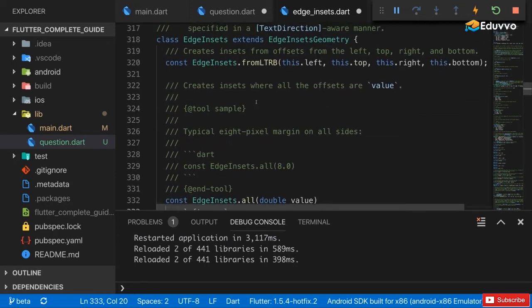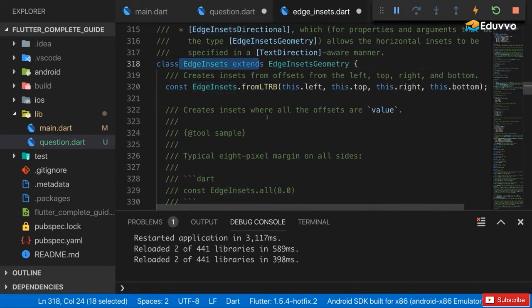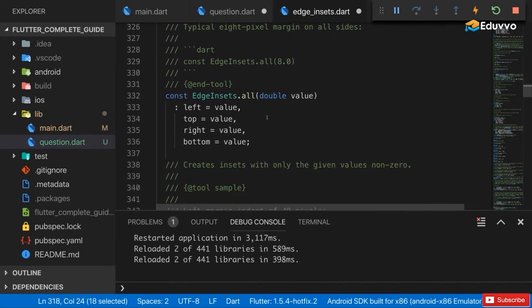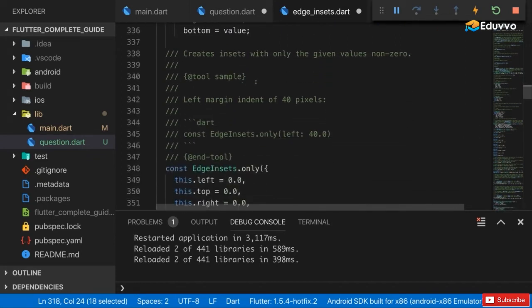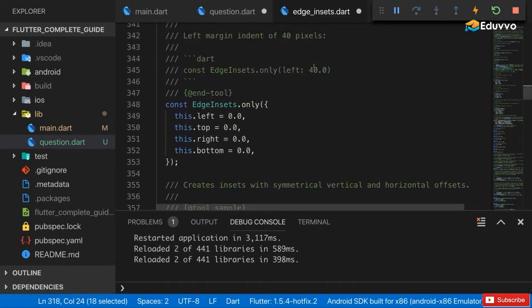Now, without diving too much into the internals here, in the end that just means that each constructor creates a new instance of this class, but with different configurations, with different settings. And that all is just done to make it easy for you to create different edge insets, which is basically a settings container setting up spacings, setting up different edge insets containers with different configurations with these utility functions here,